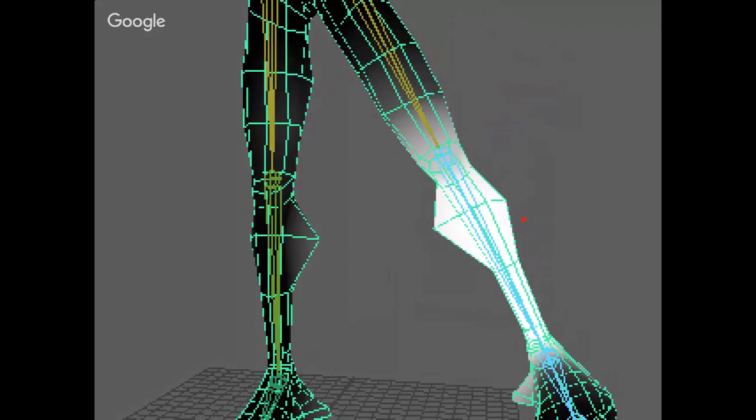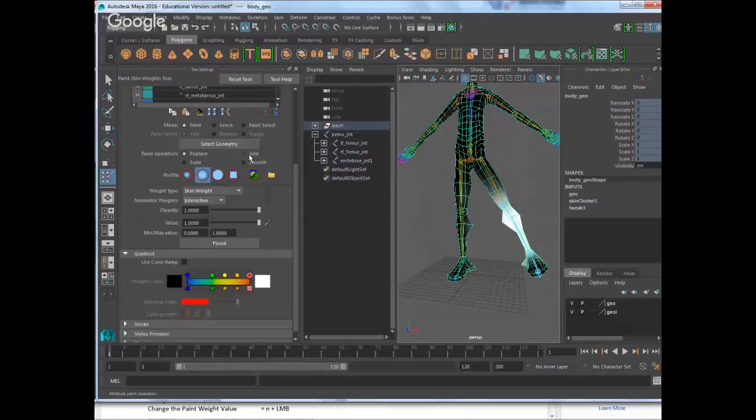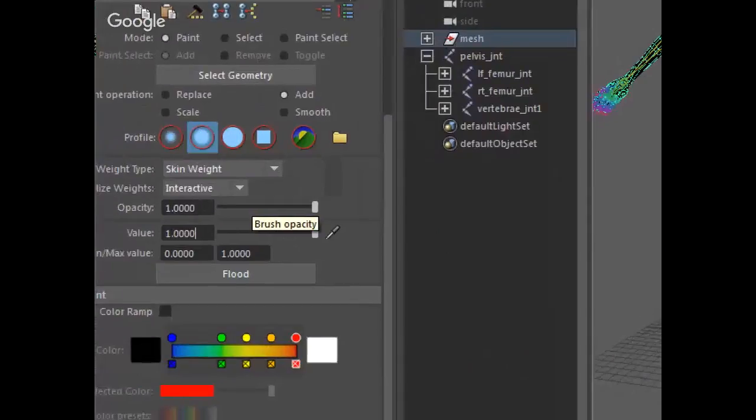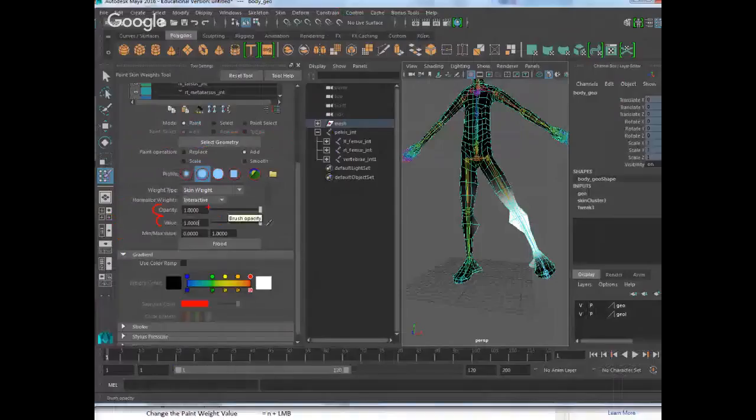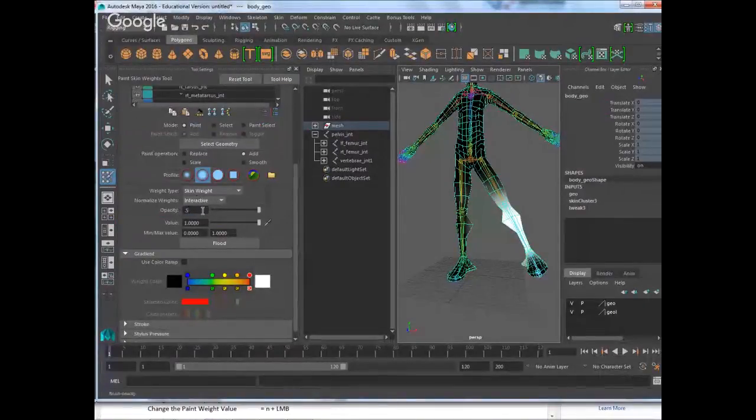Okay, so let's try to demonstrate that. I will come here to the add method. Okay, this is the percentage, so 100%, or I can go maybe to 10%. Actually, I should not show it to you like that. Okay, so this is the opacity of the brush, and this is the value you are painting. So for example, if you go with an opacity of 0.5 and a value of 1, you're actually painting 0.5. If you have this at 1 and this also at 0.5, you're still painting 0.5. Personally, I prefer to go like that, so I know my brush is always